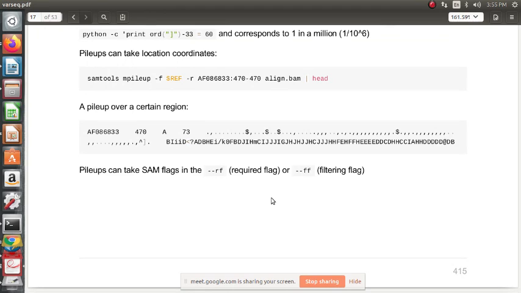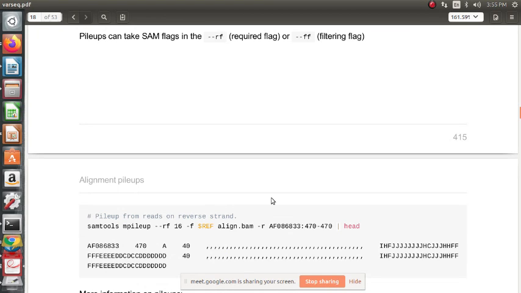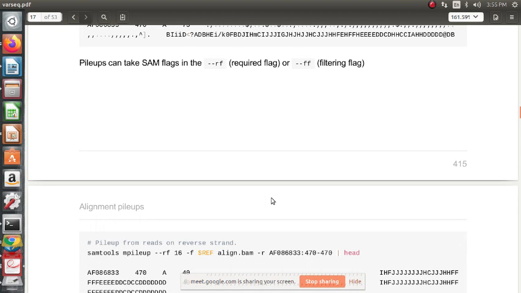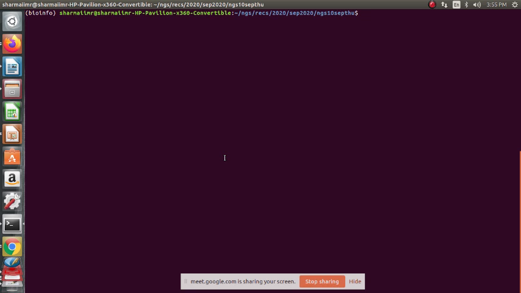Obviously there should be overlap. That is a main possible reason where you can say that 40 we are getting as reads and 37 reads we are getting for ignoring the filter flag, the filtering flag 16 for reverse. So obviously overlapping of the reads will automatically mean that the number of effective reads will be less, right? So number of effective reads will be 73. That's very obvious, right?